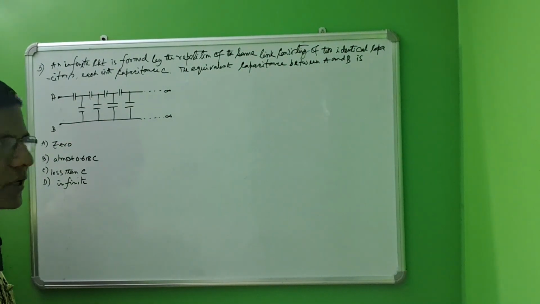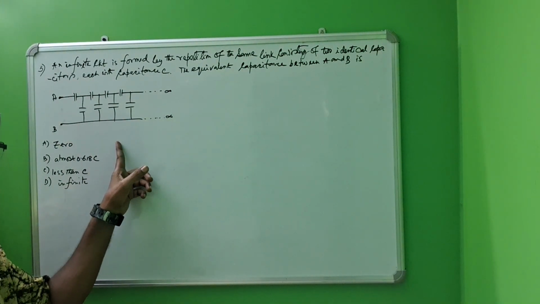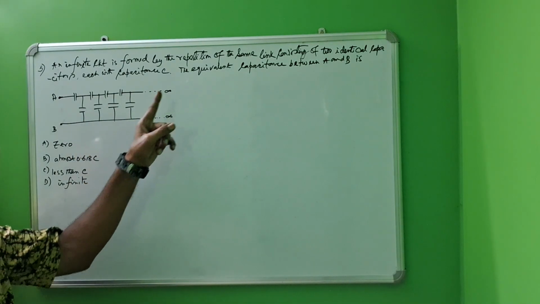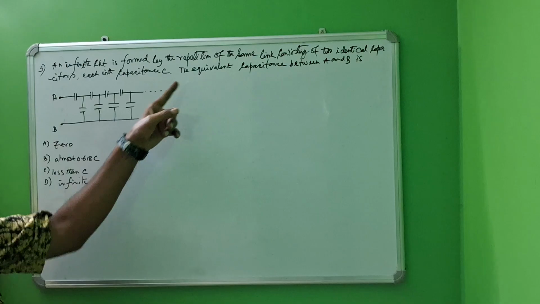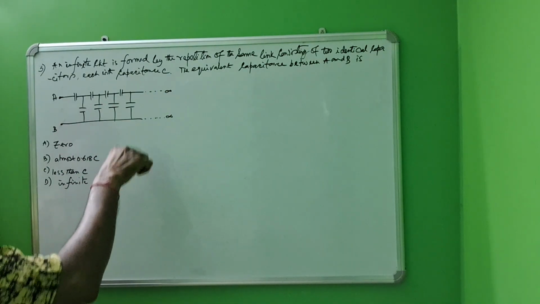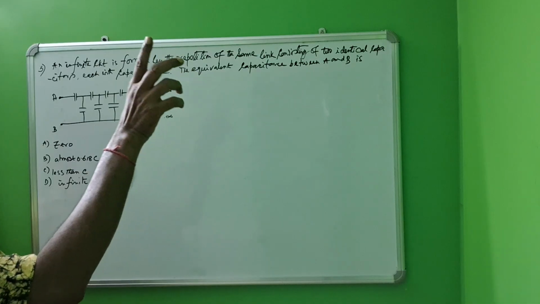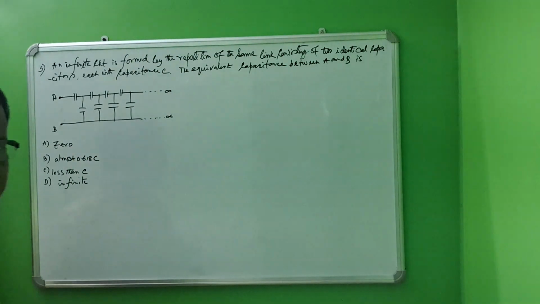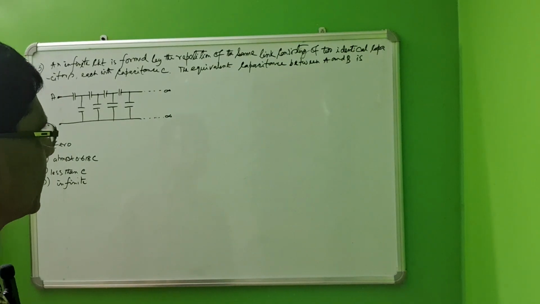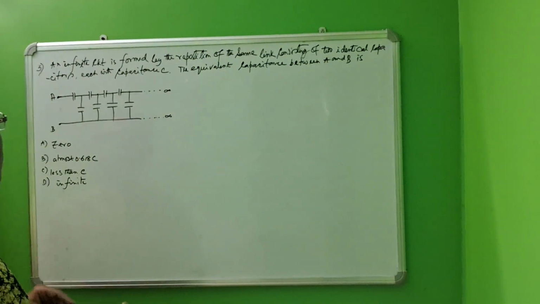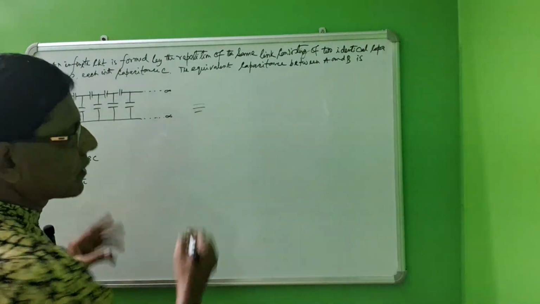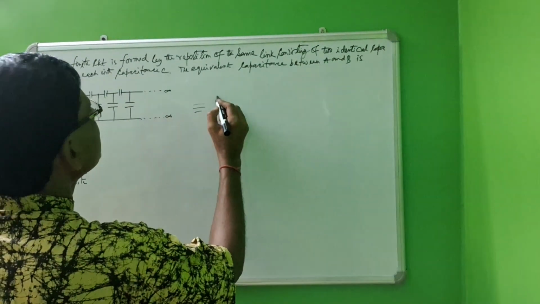An infinite circuit. This is an infinite circuit because it is formed by the repetition. This one is repeated up to infinity. We have to find the equivalent capacitance between A and B. So this can be done as